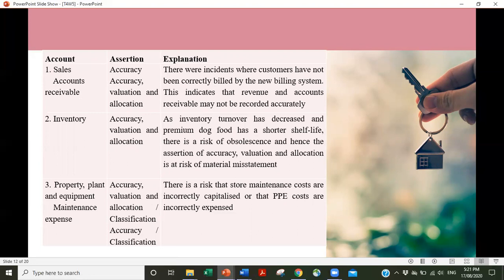you've got some invoicing processes, you've got a new billing system, and you've also got something to do with inventory, and you've got some short shelf life in relation to your dog food lines. And the first thing is that Ashley has mentioned to you that sometimes it's difficult to distinguish between capital improvements and maintenance expenditure. Okay, so if you think about your accounts receivable,